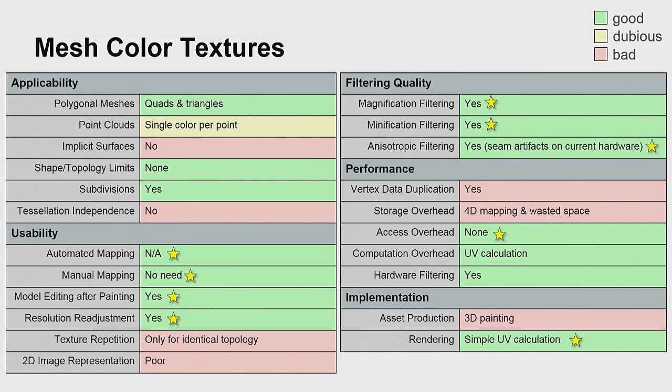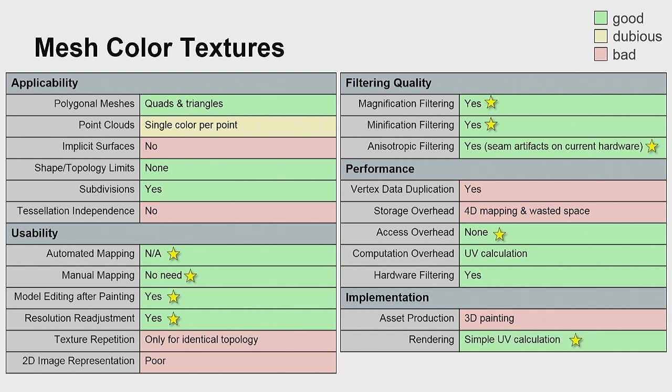But on the other hand, we have no access overhead. Our computation overhead is really minimal, negligible completely, I would say. And we can use the hardware texture filtering. In terms of implementation, the rendering part of it is really simple, right? And what you need to do for modifying your texture is really simple. But for asset production,